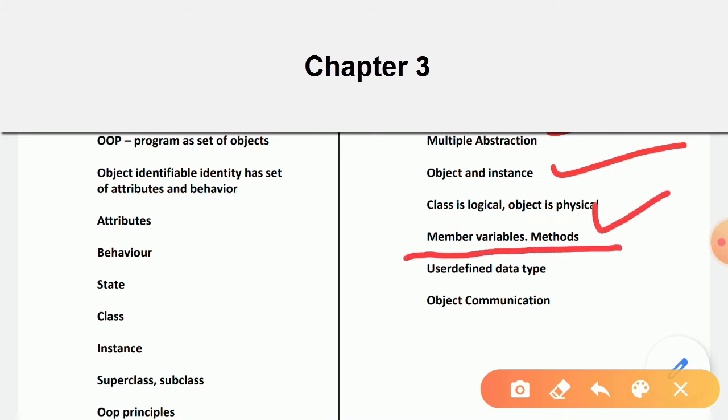Inside the class you'll have 2 things. One is variables, or in other words data. Data is represented or stored in those variables. They are also known as member variables. And the second part is functions. The functions have the ability to directly access those variables. These functions are known as methods or member methods.